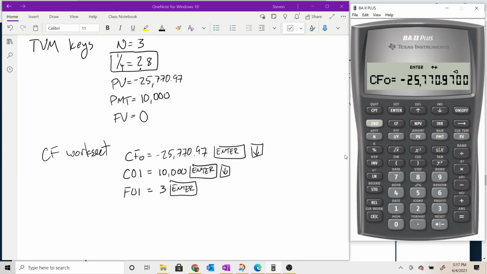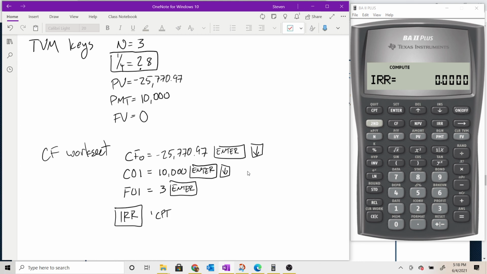Now we want to find the interest rate that equates this cash flow 0 with the cash inflows that we receive over the next 3 years. The way we do that within the cash flow worksheet is by pressing the IRR key. IRR stands for internal rate of return. We'll look at it in later problems, but it is just the rate that will equate this initial cash outflow with the 3 cash inflows. So we press the IRR key, and we get a compute prompt in the top left, because it has enough information to calculate this. Do you want me to actually calculate it? Of course we do. That is why we put this information in here. So we'll then hit the compute key,